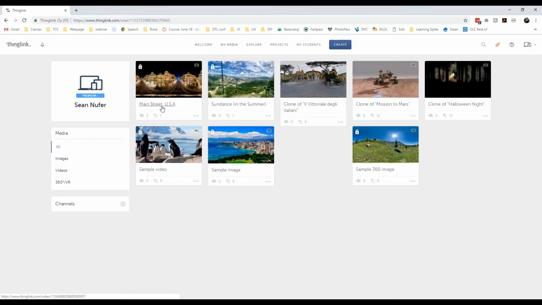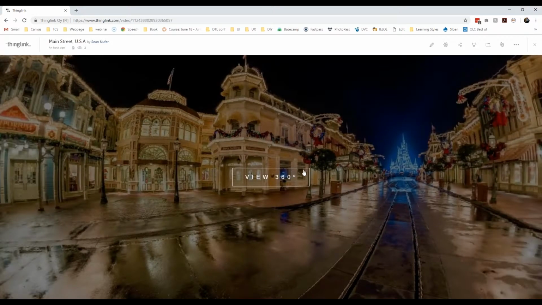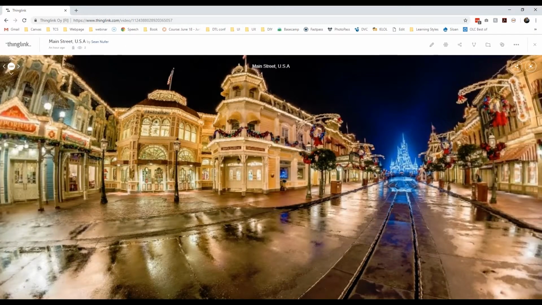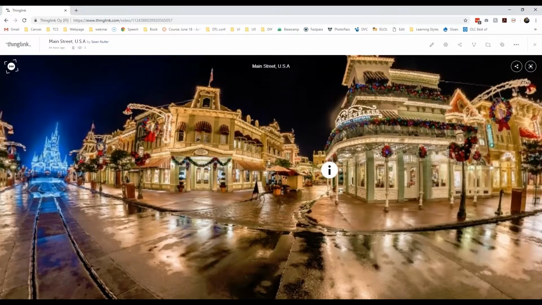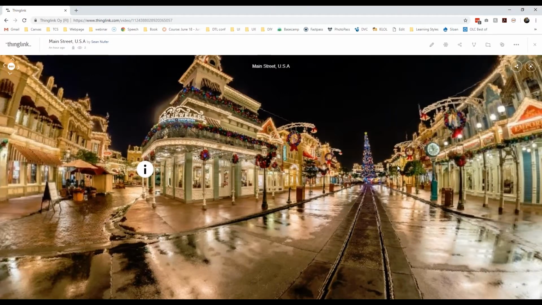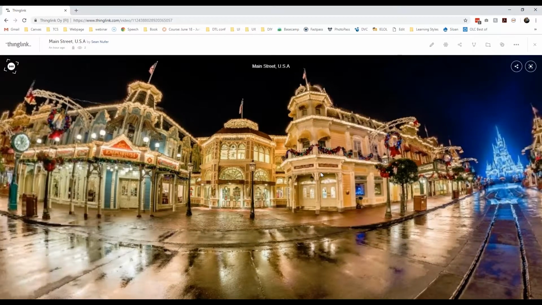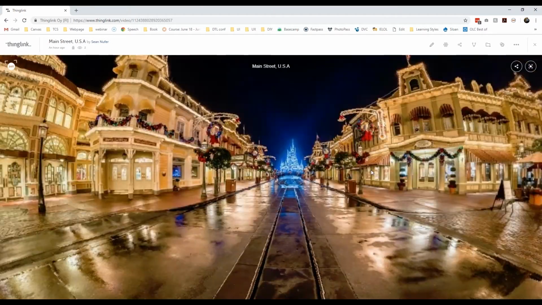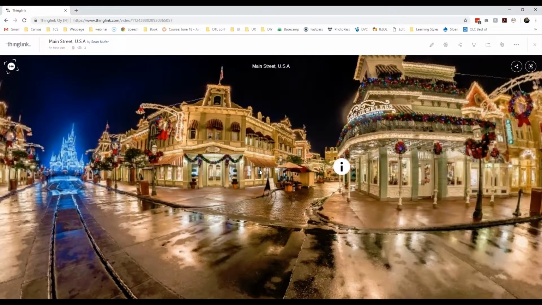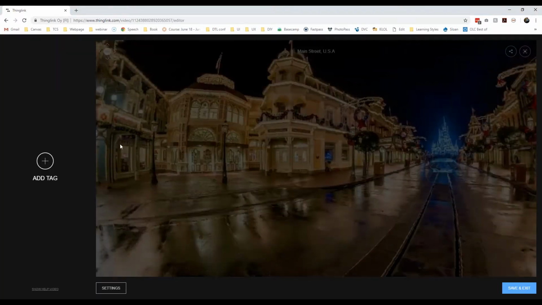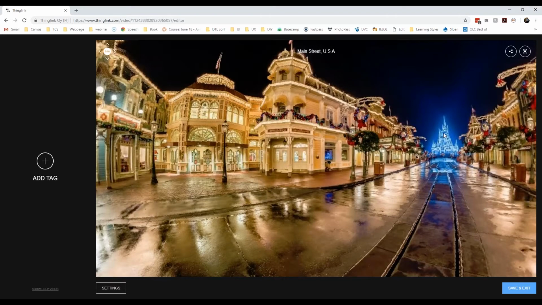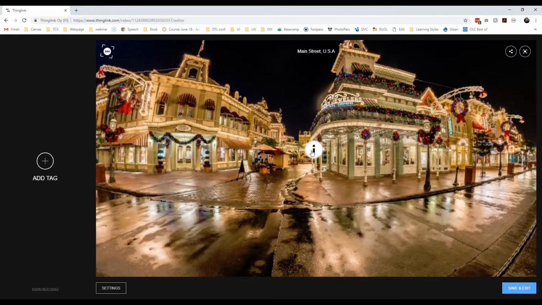Now let me show you one more, which is a 360 image that I got here. So when I view this in 360, then I can scroll around, and this is Disney Main Street, USA, over at Magic Kingdom, and it must be about 2 in the morning because there's nobody there, which is quite rare. I'm going to edit this 360 image here. I put a tag on here already, and so I'll just show you